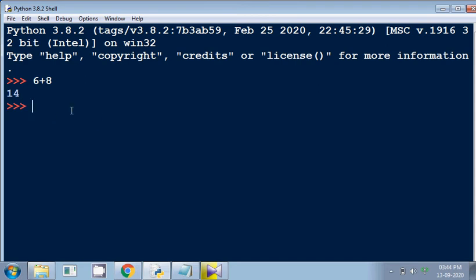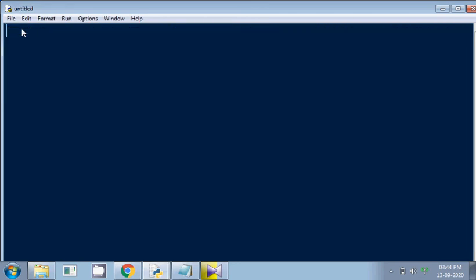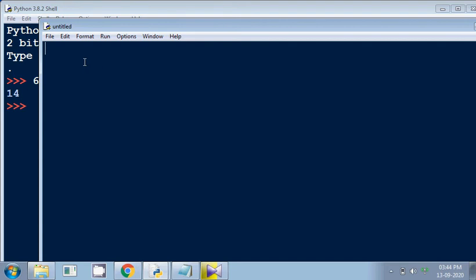So this is a window which can be used to see the output. I'll be using a file, new file. So this will be the file that I'll be using. I'll be typing the code over here, and the output will be shown here in the Python IDLE.